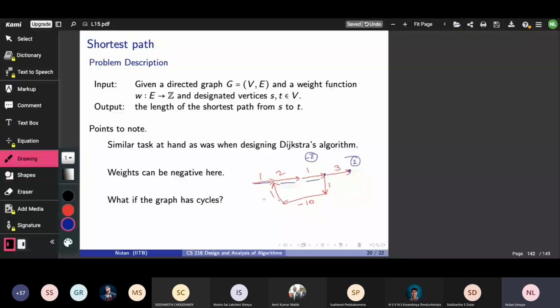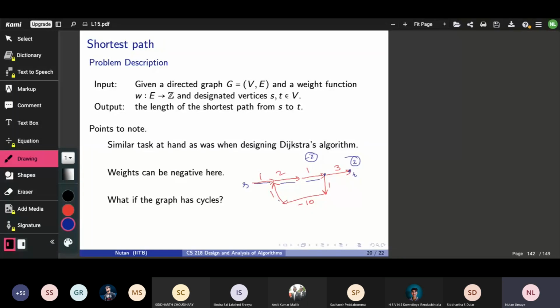of this S to T path. It's not exactly a path, but I just want to come up with a way of getting from S to T. I shouldn't possibly call it a path, but I want a way of getting from S to T with as little cost as possible. And this example tells us that if I go through this loop once, I accumulate minus 2. In fact, if I keep doing this loop infinitely many times, then I can reduce the cost of going from S to T to an infinitely small value.